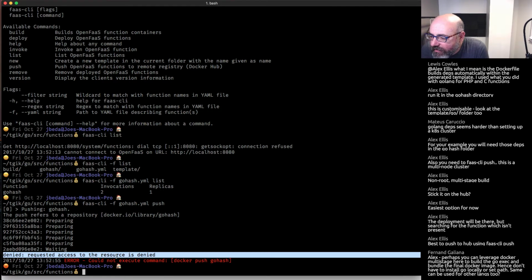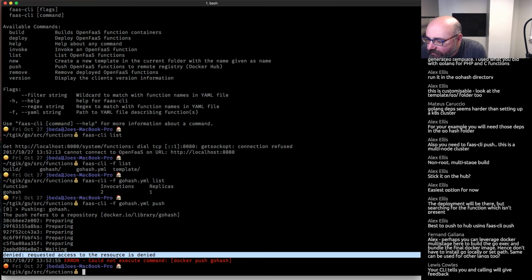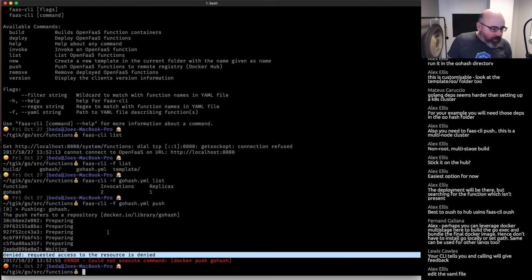Okay, perhaps you can leverage Docker multi-stage here to build the Go exec and bundle the final Docker image, hence don't have to install Go locally or set path. Yeah, we could do that. Your CLI tells you and calling will give you feedback. Okay, so